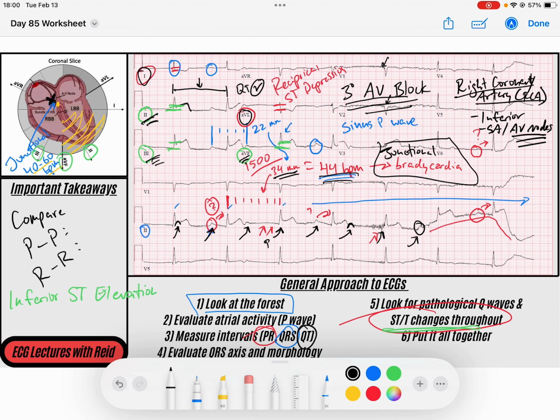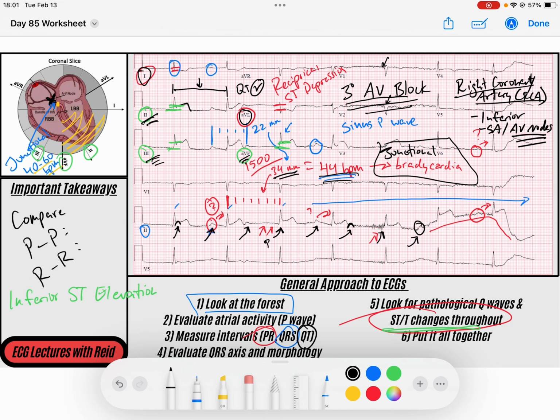Luckily for them, some of this AV node block did actually resolve once they received PCI therapy and stenting of the RCA, proximal RCA. So, somewhat of a decent outcome for a tough situation. I hope this helps you understand the anatomy of the coronary arteries and see some things that aren't just ST changes with ischemia. So if you see inferior infarct with AV block or SA node function that declines, think